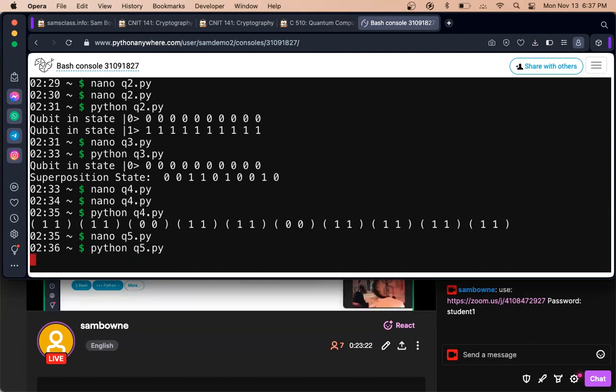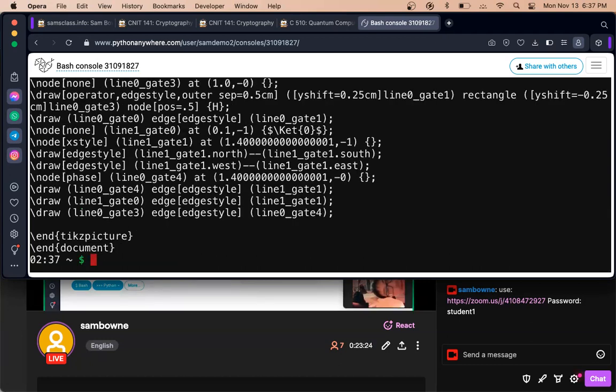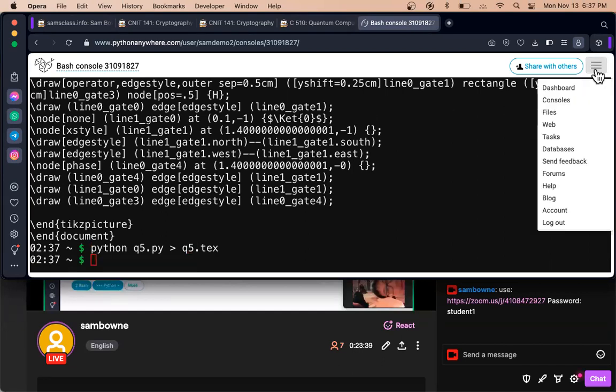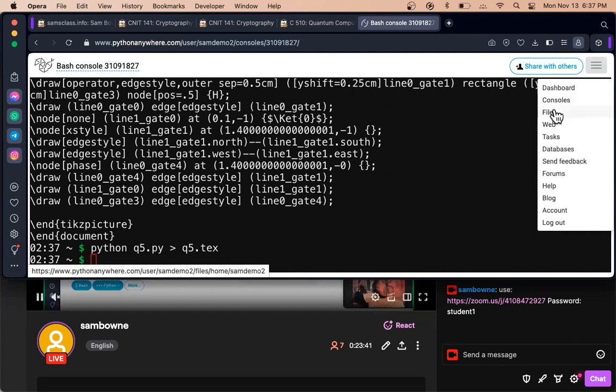And it prints out this stuff. This is LaTeX, so I want to save that in a file. All right, and I don't have a LaTeX viewer, but what you can do is view the files in this environment. If you go here, and I can open them in another tab, I've created something called q5.txt,